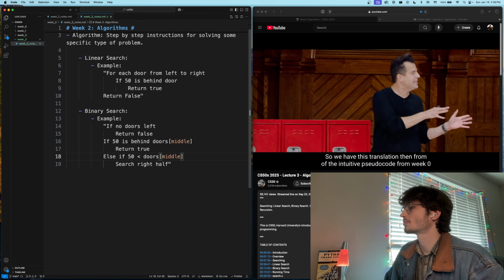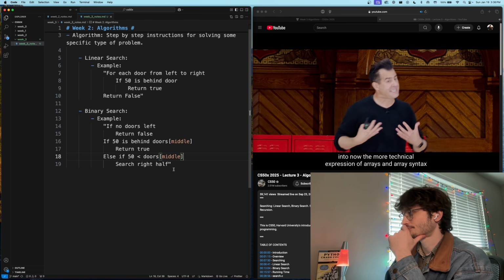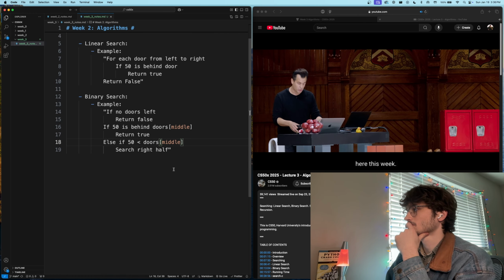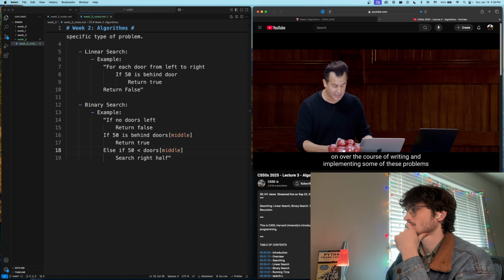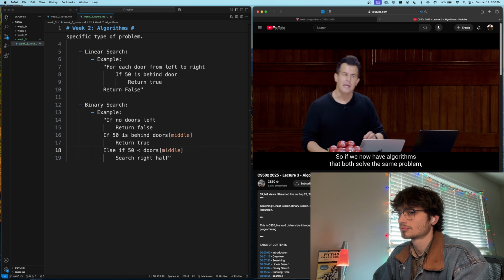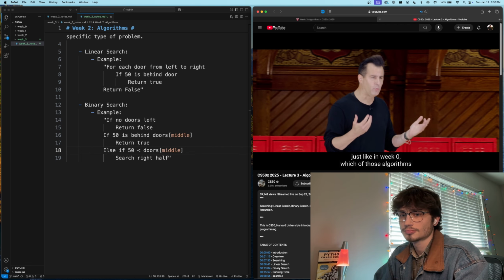So we have this translation then from the intuitive pseudocode from week 0 into now the more technical expression of arrays and array syntax here this week. And that's something we'll begin to build on over the course of writing and implementing some of these problems here today. So if we now have algorithms that both solve the same problem, just like in week 0, which